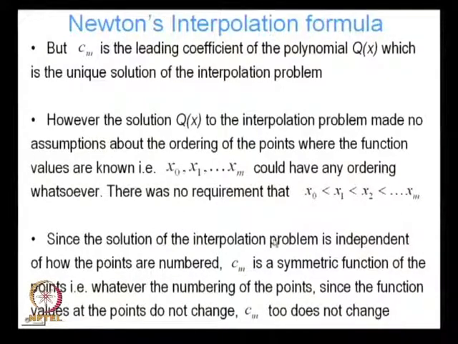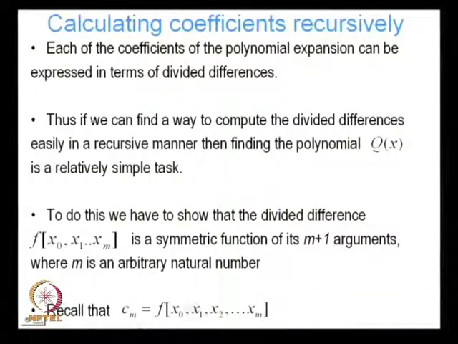Because of that, since the solution of the interpolation problem is independent of how the points are numbered, right, Cm is a symmetric function of the points. That is, whatever the ordering of the points, whatever the numbering of the points, since the function values at the points do not change, Cm does not change, right. So what does this mean for my expression here, for my divided difference? So Cm is equal to f of x0, x1, x2, xm,